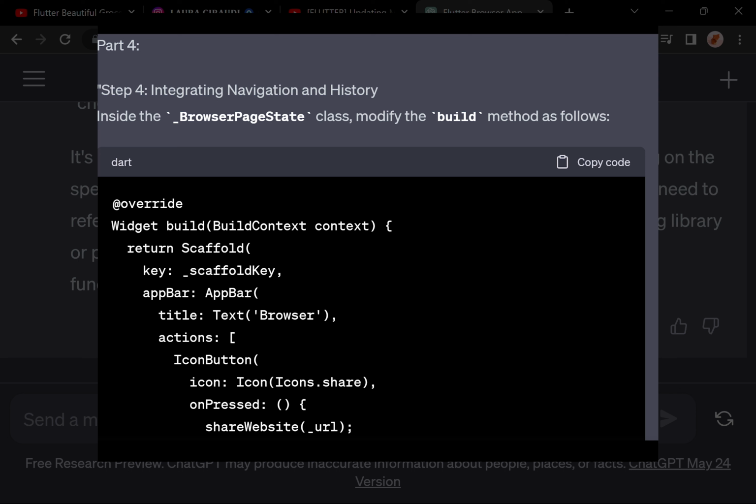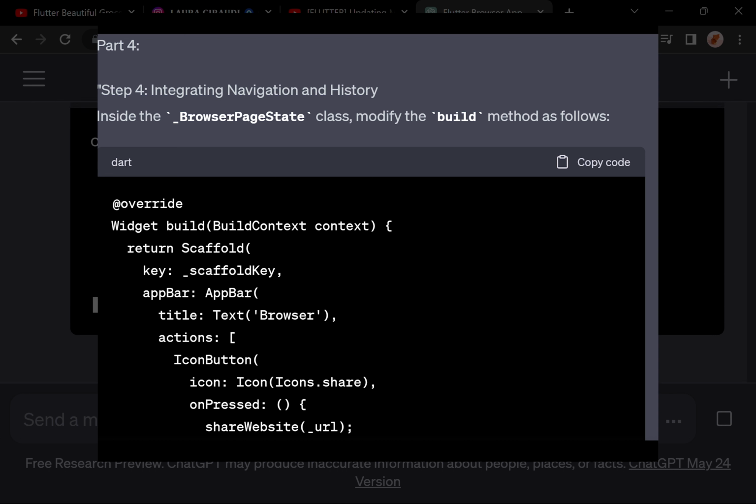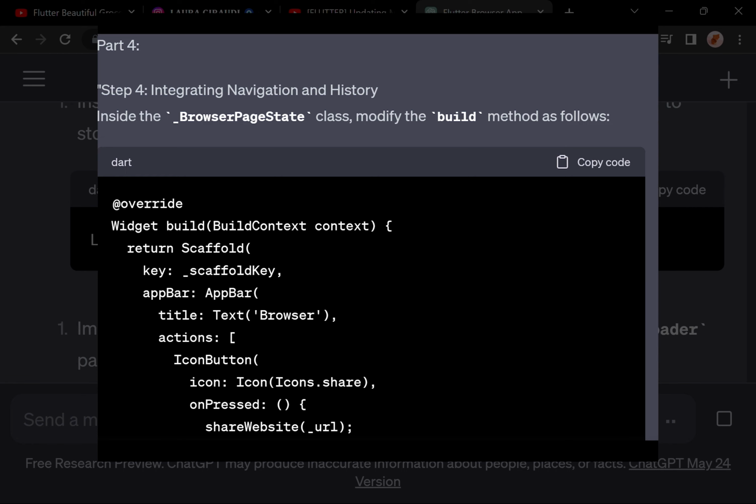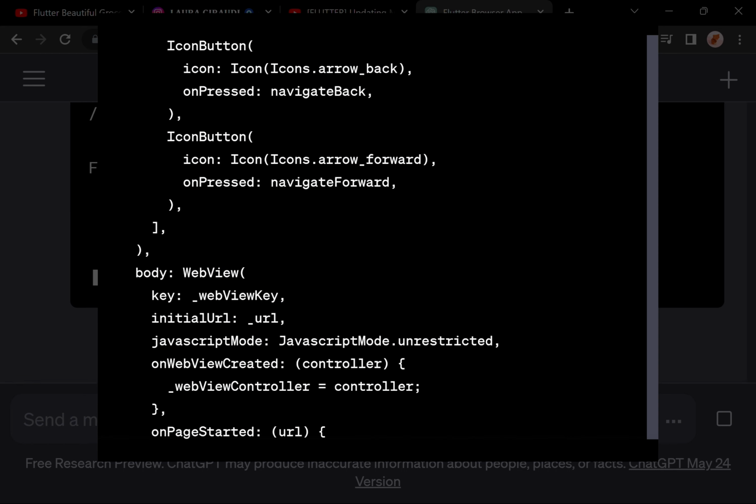Part 4. Step 4. Integrating navigation and history. Inside the `_BrowserPageState` class, modify the `build` method as follows. ```dart @override Widget build(BuildContext context) { return Scaffold( key: _scaffoldKey, appBar: AppBar( title: Text('Browser'), actions: [ IconButton( icon: Icons.share, onPressed: () { shareWebsite(_url); }),